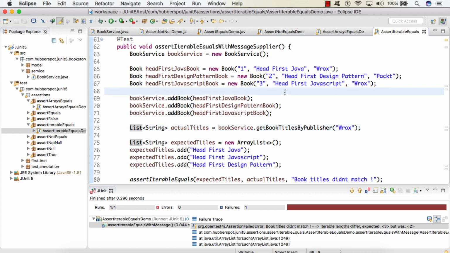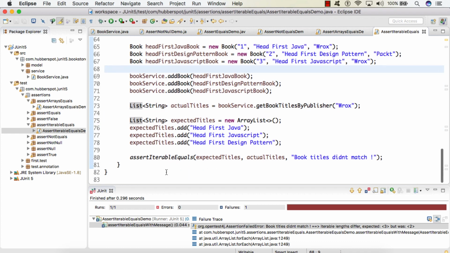Here the scenario remains as it is. The only difference with this assertIterableEquals is that instead of directly passing this string value, which gets evaluated every time, we provide a supplier functional interface like this. The only advantage is this string gets evaluated only when the test case fails.